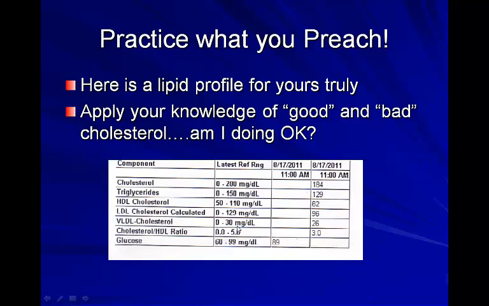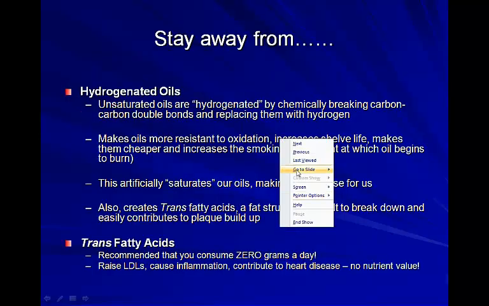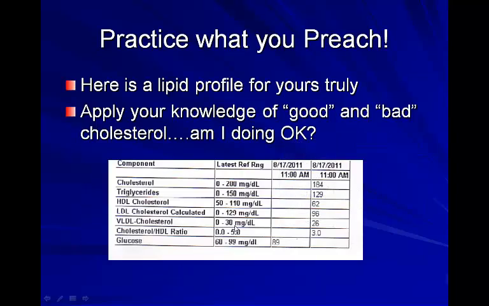And then they also show my VLDL cholesterol, and that's just to show, again, those are the building blocks of my LDLs, so they show that number as well. Then the cholesterol to HDL ratio. Again, 0 to 5 is the range on that. And again, the HDL number, you can see in this ratio, your HDL is the bottom number. So the higher your good cholesterol, the lower that overall ratio is going to be. So you can see they don't want that ratio to be higher than 5. So that's an indicator of overall health.